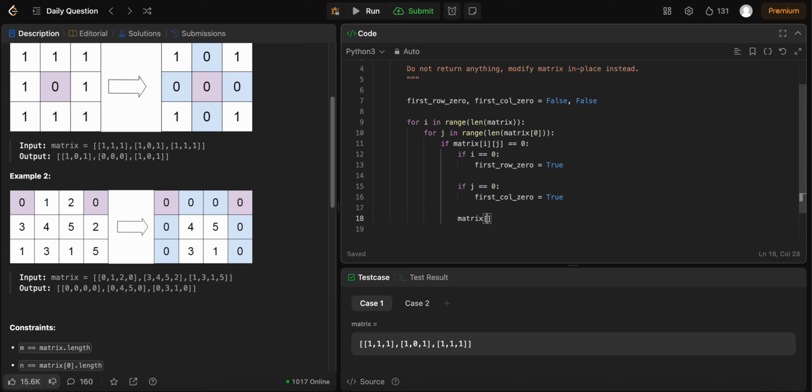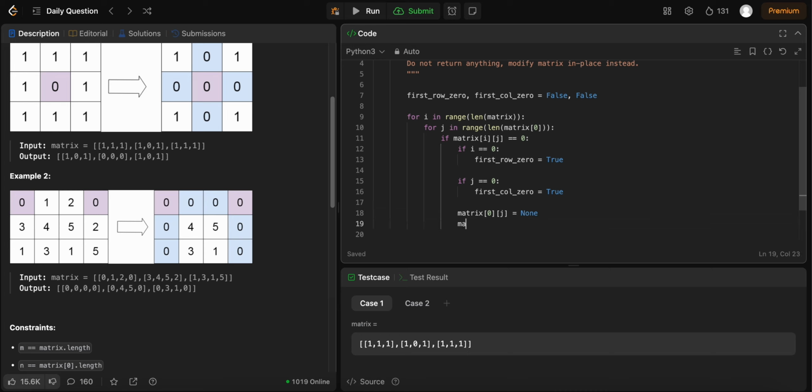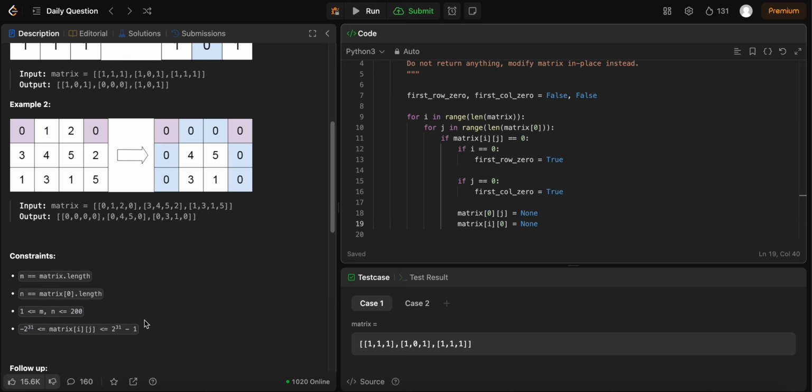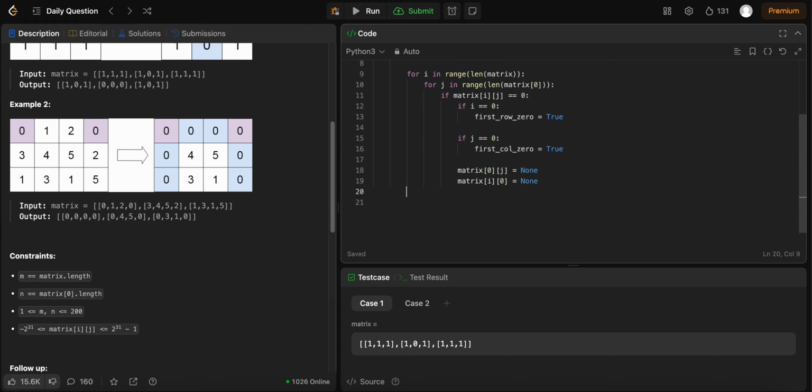Yeah, I think we can just change matrix 0j into none, and then we can change matrix I0 into none. So back to this case, we will be updating this into none and that into none. The reason we can't use something like -1 is because if you look here, we have a very wide range of numbers. So yeah, after we have done this,